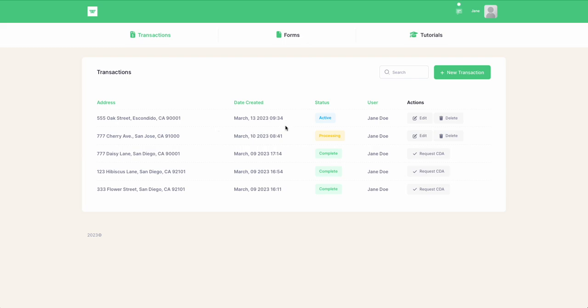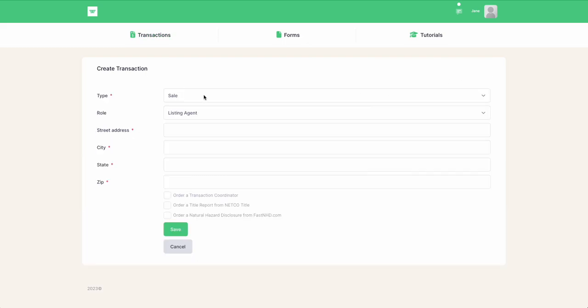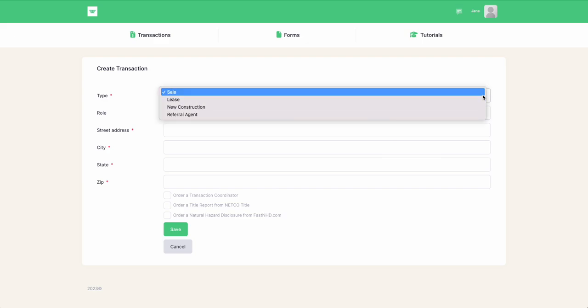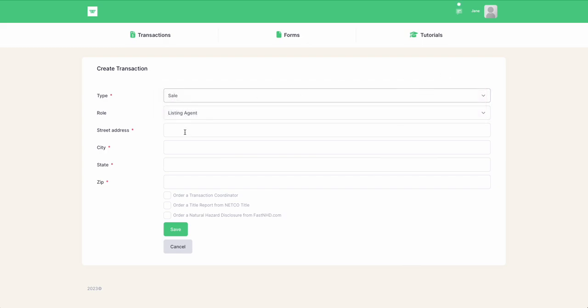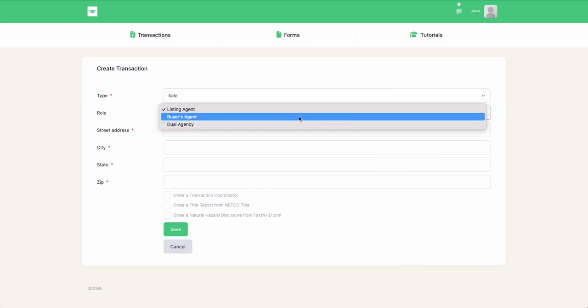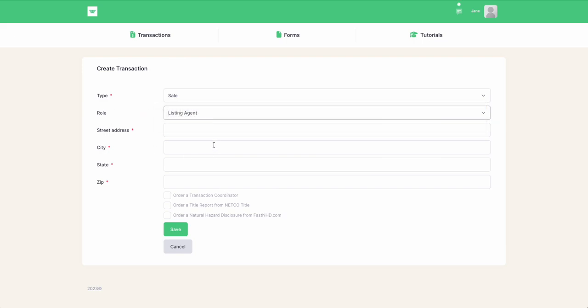Now, to create a new transaction, you'll click this box, New Transaction. You'll select which type it is. Now, by default, it's sale, but you can do a lease, new construction, or referral transaction. You're going to indicate which role you have. Is it listing agent, buyer's agent, or dual? You'll put the address in. You'll check boxes if you want to order a TC or a prelim or an NHD, and you'll click Save